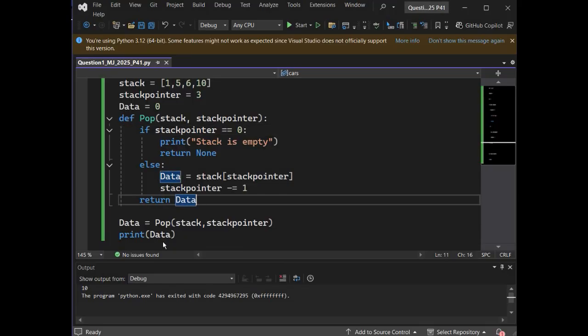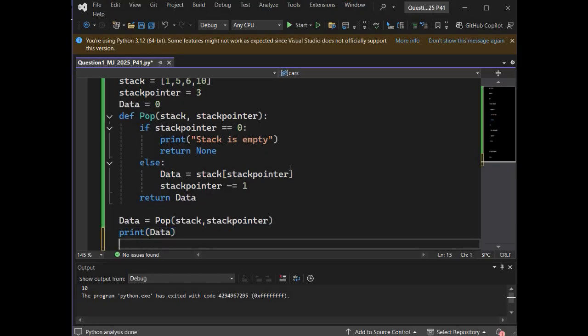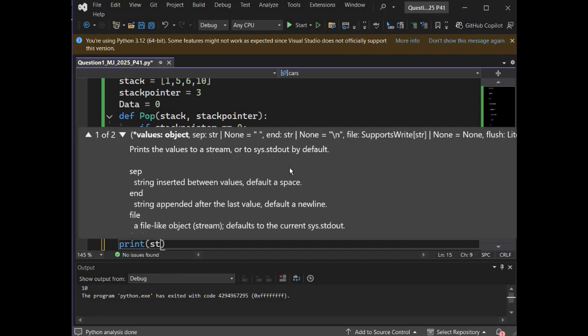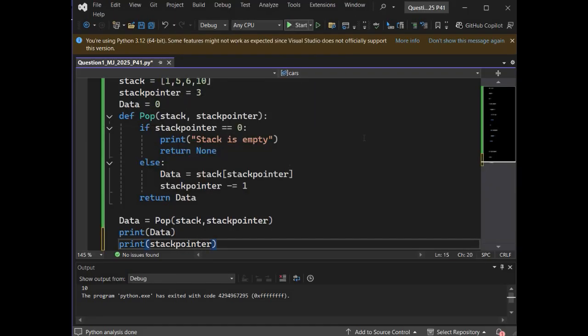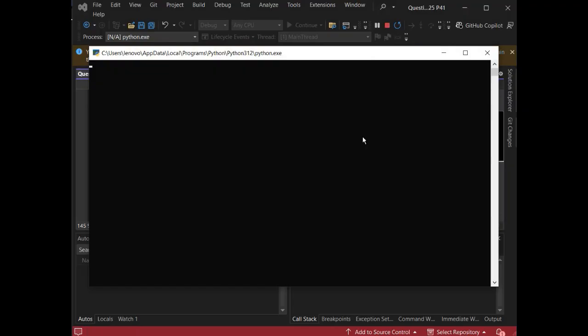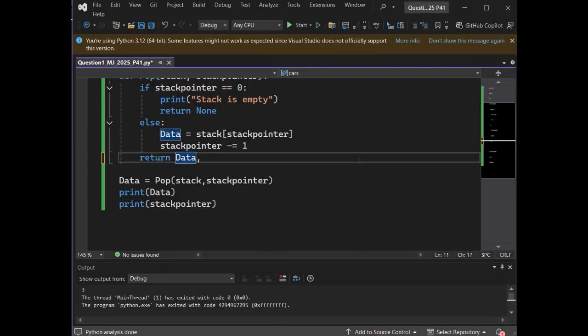Now after this operation, the value of stack pointer must be written back. Let's see if it is doing that or not. It's remaining at 3. So what we need to do is return data and stack pointer as well.